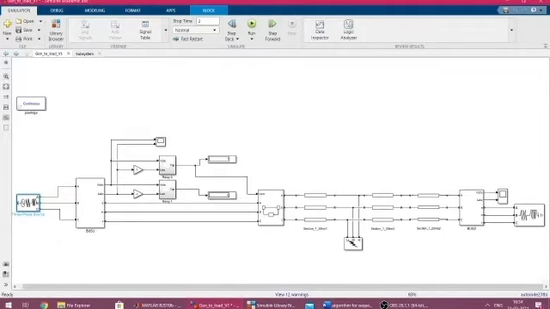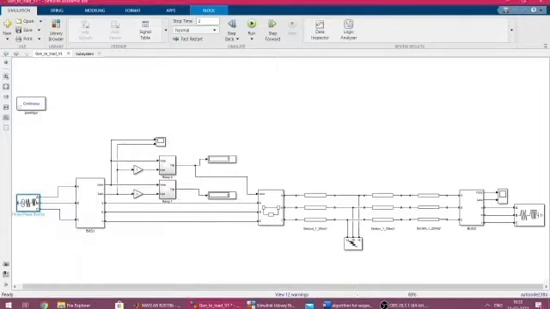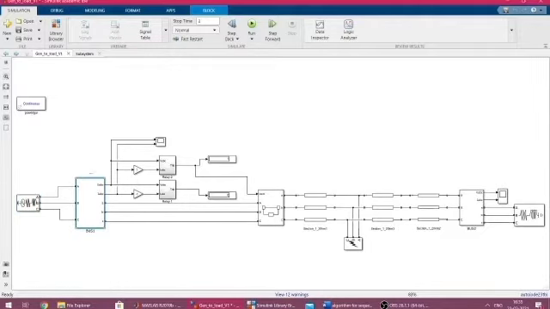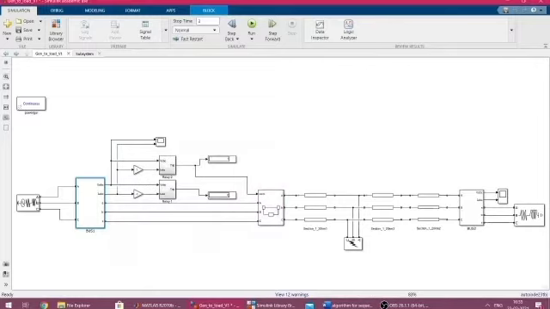The next step is to specify the parameters of each of these components, and we will begin with the three-phase source. Here we have specified the phase-to-phase voltage as 11 kV, phase angle at zero, frequency 50 Hz, base voltage 11 kV, and the rest of the parameters kept at zero. What we call a bus in a practical power system, we have represented in our model as a three-phase voltage current measurement block, where we have specified the phase-to-ground voltage and also taken the current measurement. The next elements are the relay elements, and we will talk about this component later on.